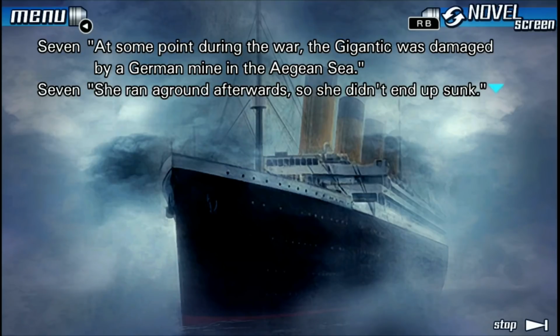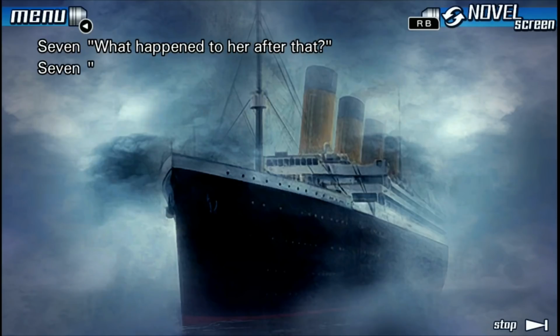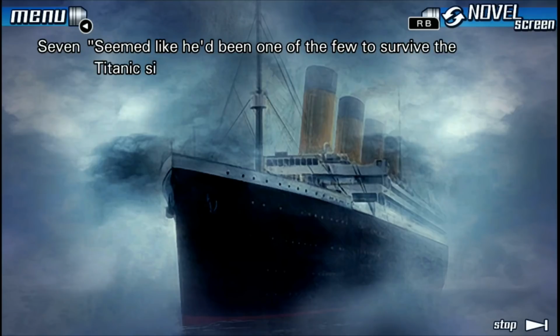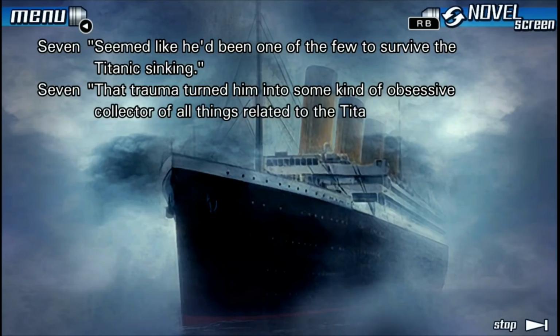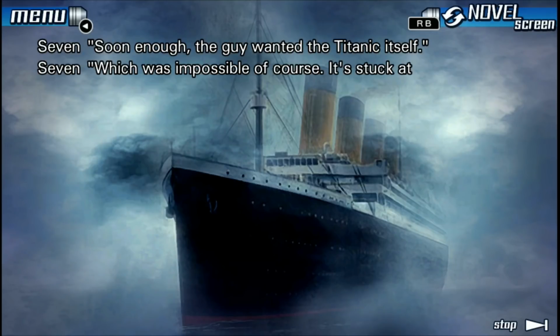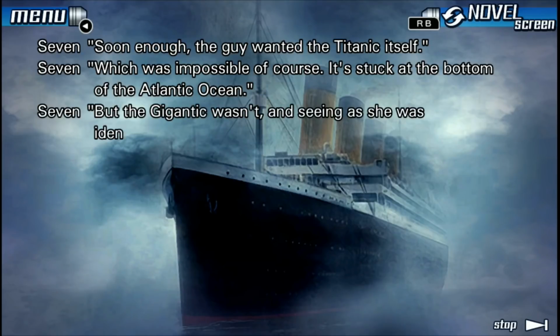And Zero got a hold of her? What happened to her after that? One theory going around is that a man named Lord Gordain bought her. Interesting. How do people not know what happened to such a prestigious ship? It seemed like he'd been one of the few to survive the Titanic sinking. Oh, wow. And so he wanted... That trauma turned him into some kind of obsessive collector of all things related to the Titanic. Soon enough, the guy wanted the Titanic itself. Which was impossible, of course. It's stuck at the bottom of the Atlantic Ocean. But the Gigantic wasn't. And seeing as she was identical...